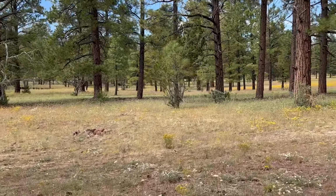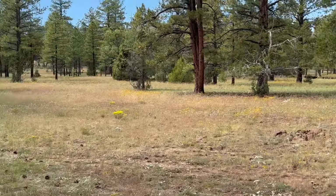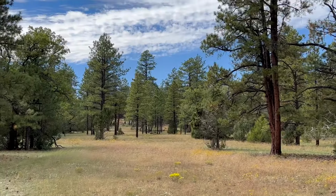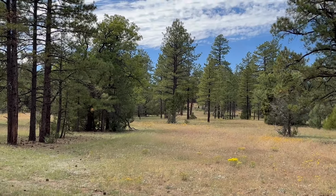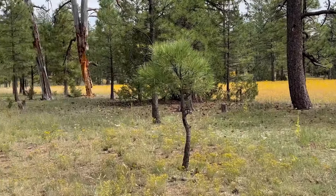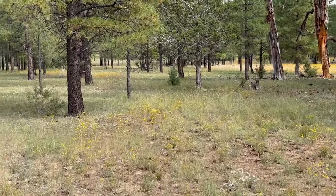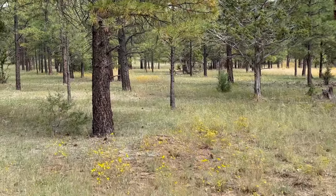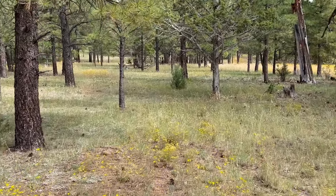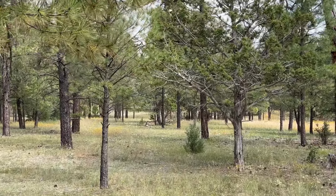But it's pretty quiet here, eerily quiet. Last night was a little sketchy. I was up at 4:20 because the truck pulled up not too close to us, but a good distance, and left the lights on for an hour. So I was up for about an hour just watching, just to make sure, you know, because you don't know